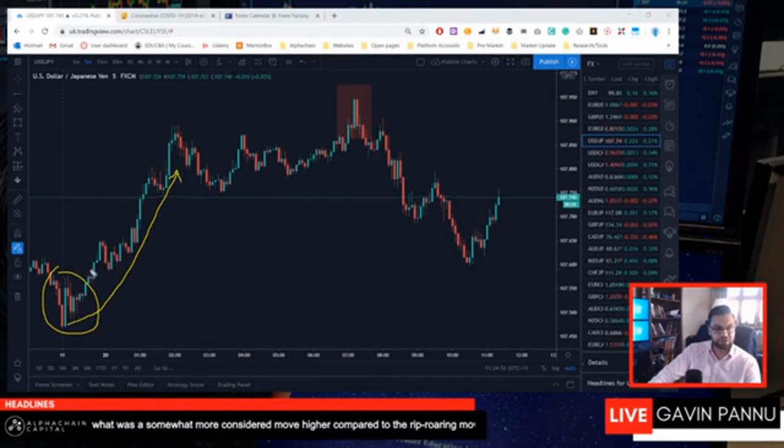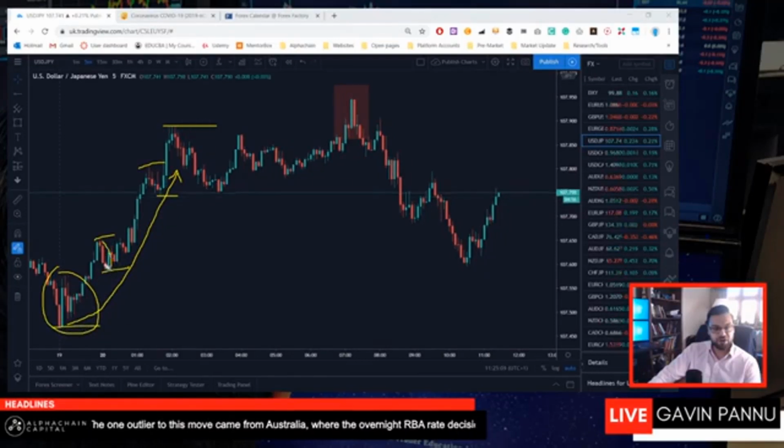Okay, you can see a series of higher highs and higher lows. Another higher high, higher low, another higher high. All the way through from this low up to that high. How much of a pullback do we see? Very light, shadow sort of pullback, all the way through until it reaches the 107.90 handle, where we start to